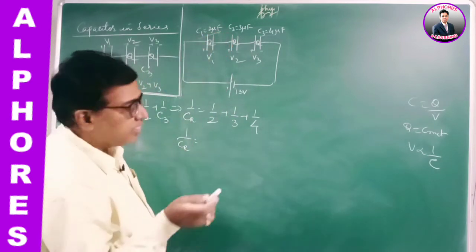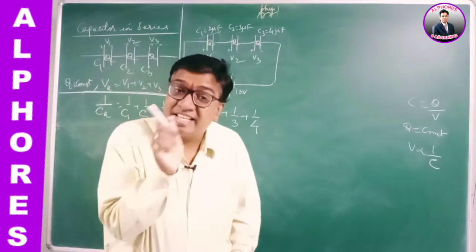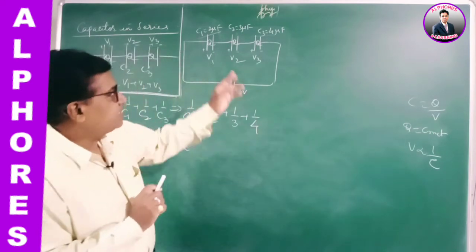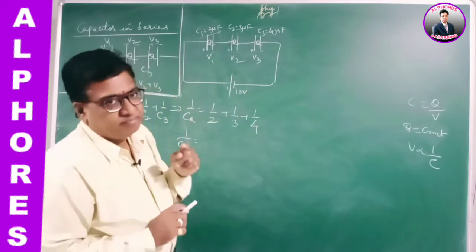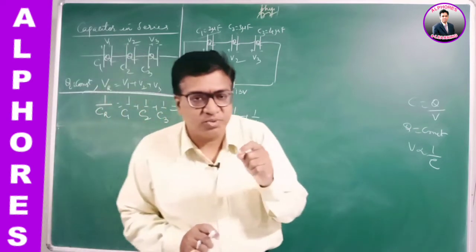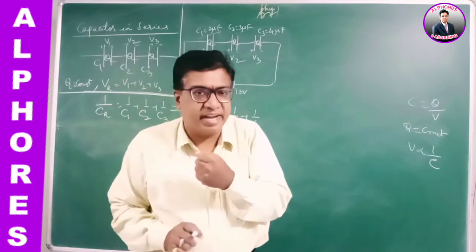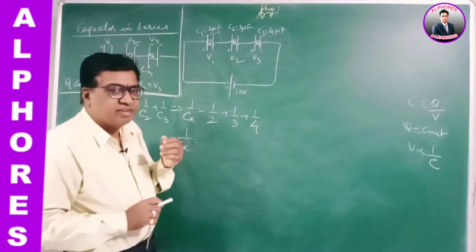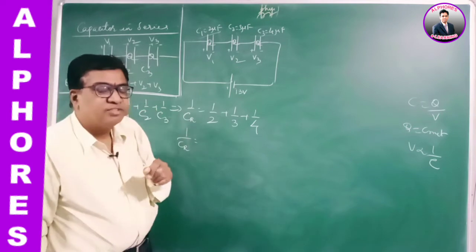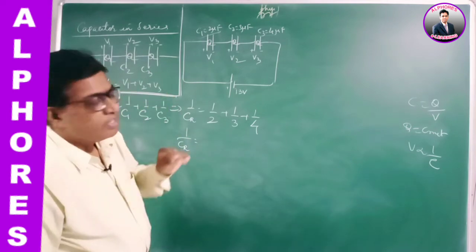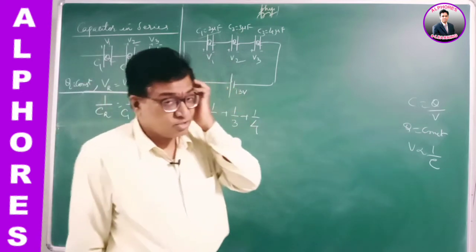In series combination the capacity decreases. The resultant capacity must be less than the least value. The smallest value used is 2, so our resultant value should be less than 2. While doing the problem, you should be clear about what the answer could be. For confirmation, in series the resultant capacity should always be less than the smallest value. So that is to be remembered.